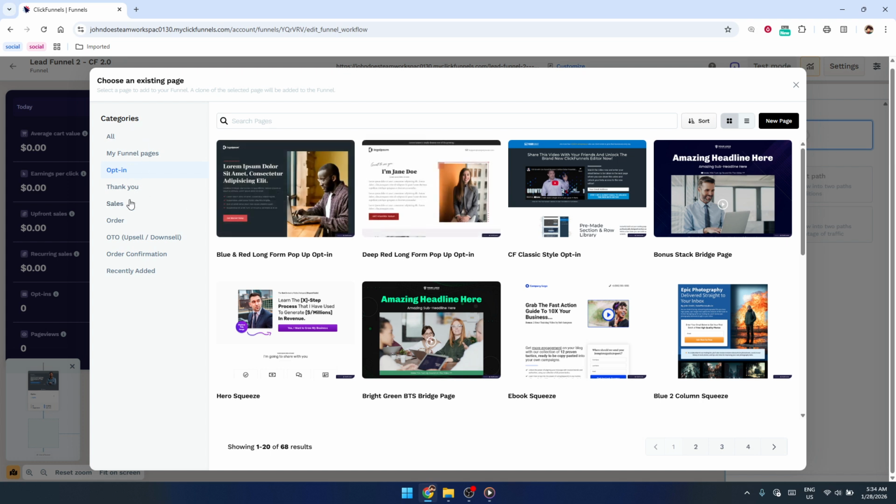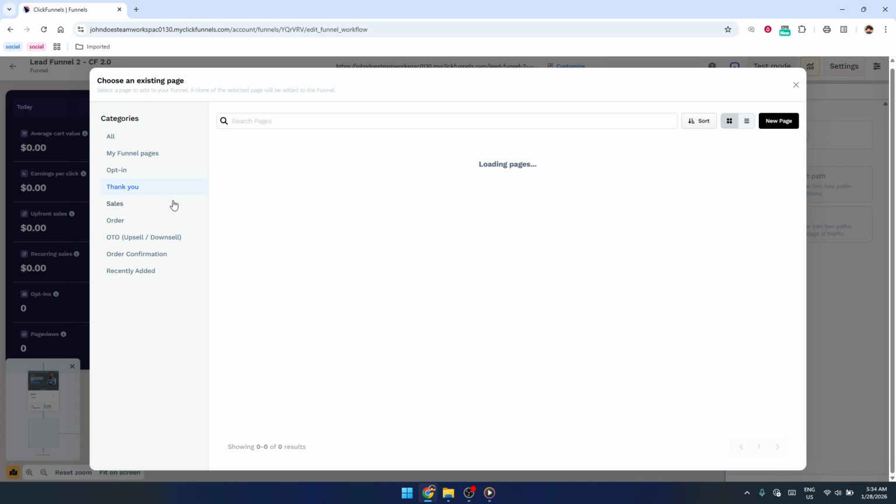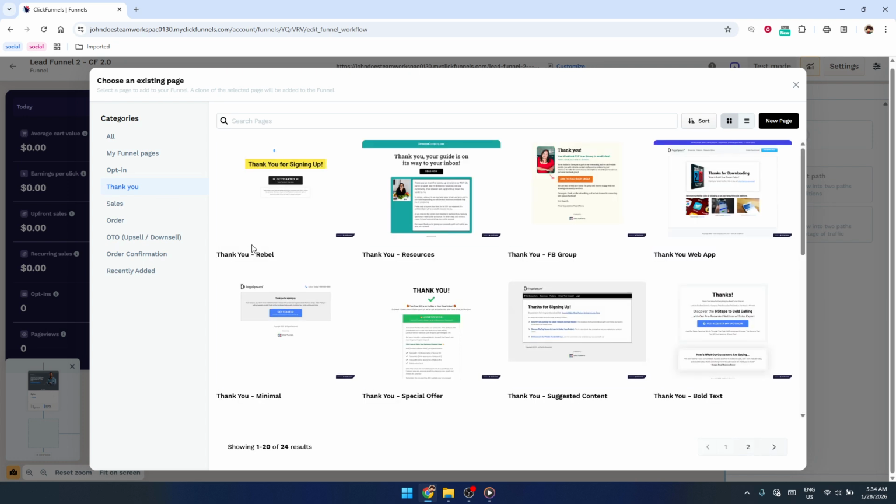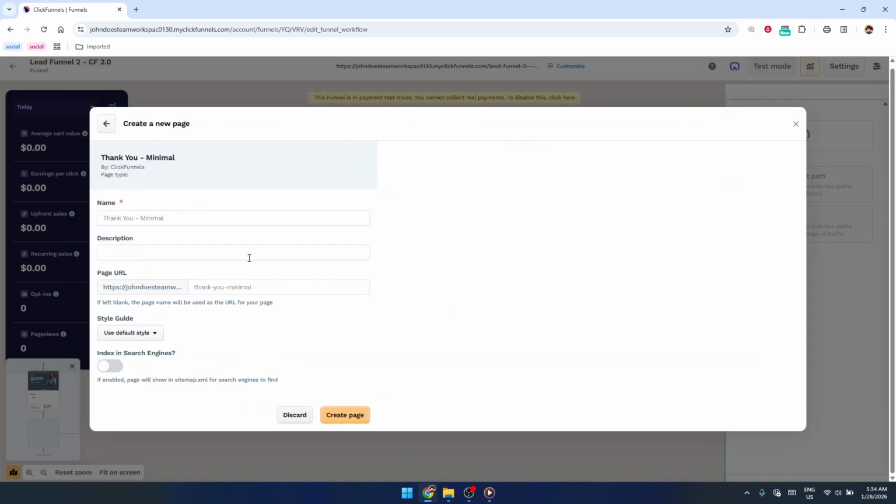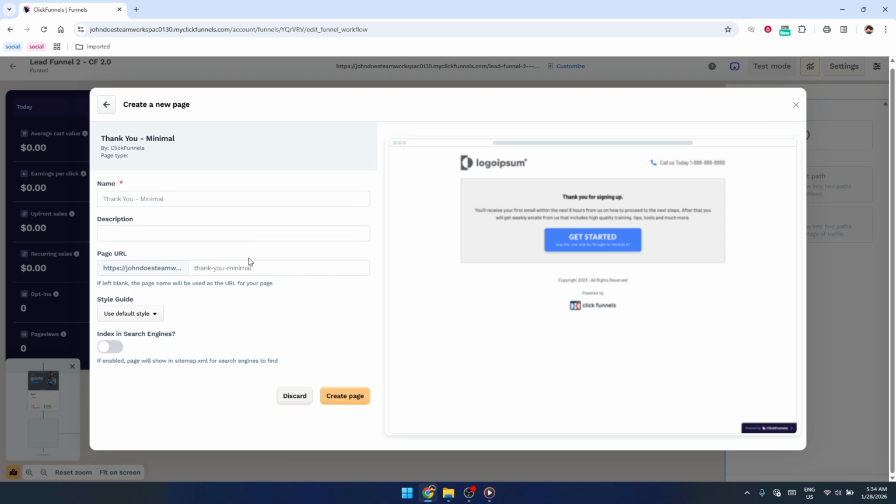Look for the Thank You category. Clicking on Thank You will filter the templates to show designs that are specifically built for confirmation and post-purchase or post-opt-in messages. Browse through the available Thank You page templates and pick one that fits the style and purpose of your funnel. When you find a layout you like, click Choose Template. This applies that design to your new step. You can always customize the text, colors, and images later, so focus on the general structure that works best for